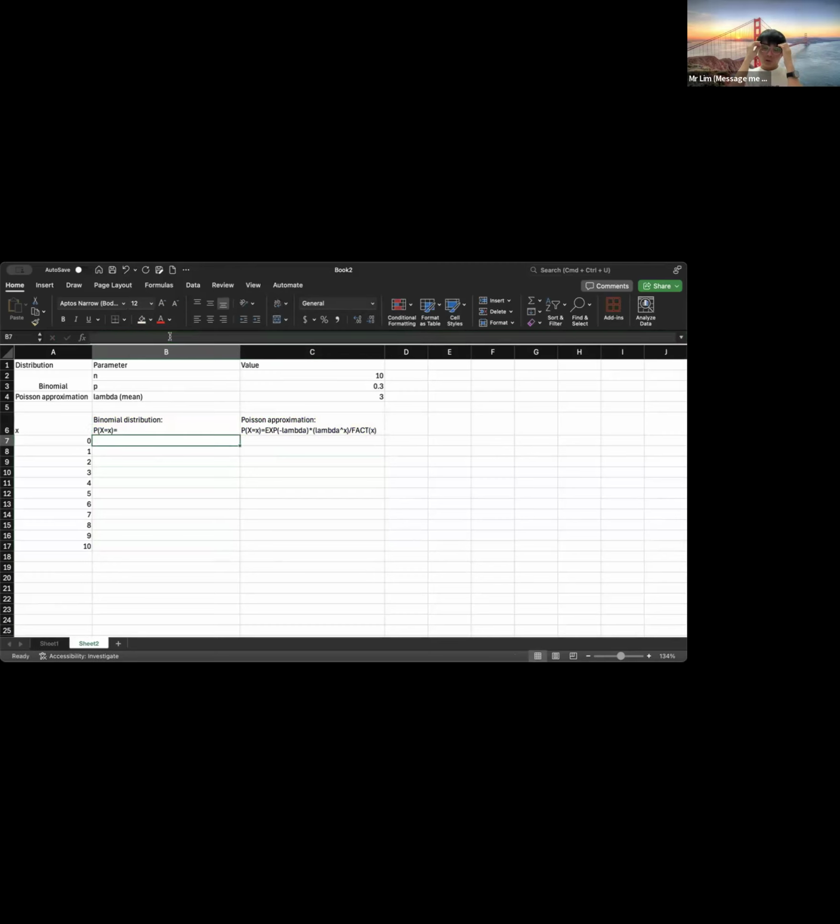So what I'm going to introduce to you is that Excel actually has a function to calculate the binomial distribution probability automatically. You just need to tell it the values of N, P and X. That will calculate for you. It's just like how you enter in your calculator: you tell it the value of N, P, and what X value you need to calculate. These three things are enough, then it will show you the values. You don't need to do all the factorial and power things. So what are they? The function name is called,